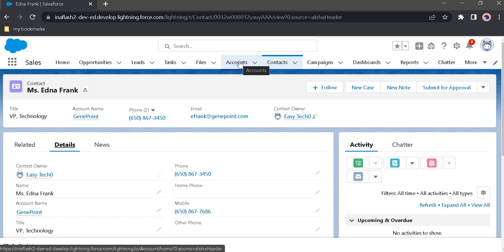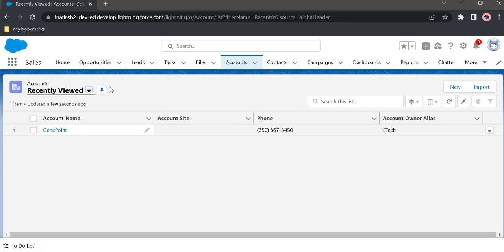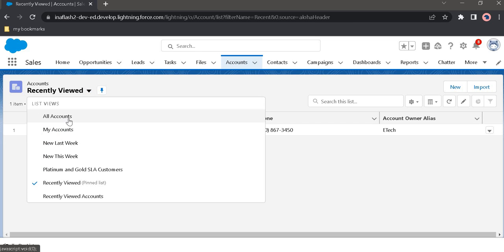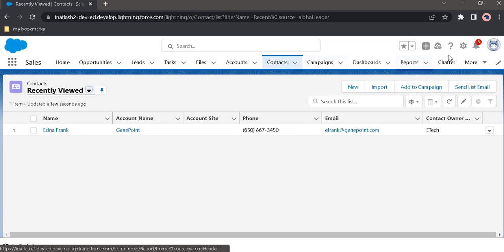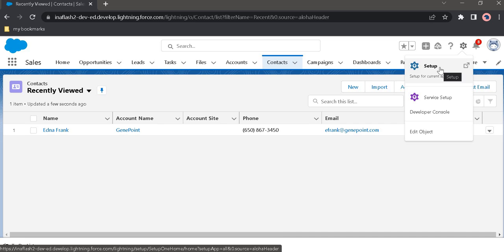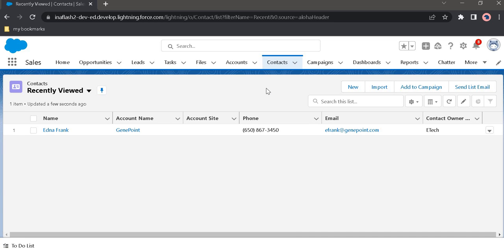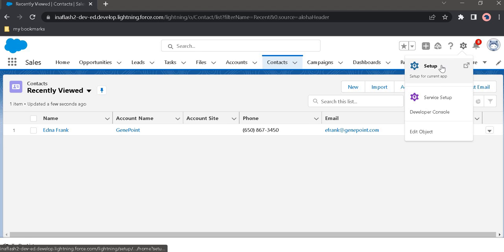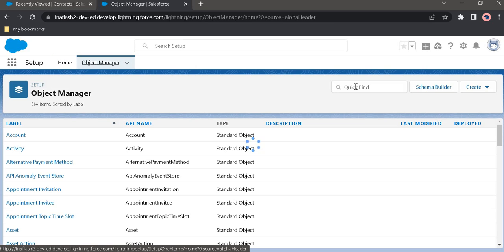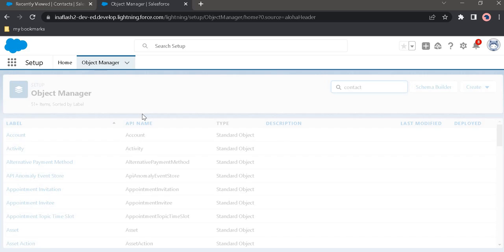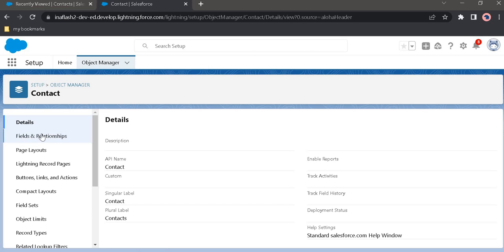And each record has an associated object. For example, all the accounts belong to the object account, all the contacts belong to the object contact, and like that only. So for managing the contact we can go to the object in two ways. First, we can go to setup directly, and there we can navigate to the object manager and search for contact in here, and the contact comes up and we can open contacts to perform various operations and various configurations in here.